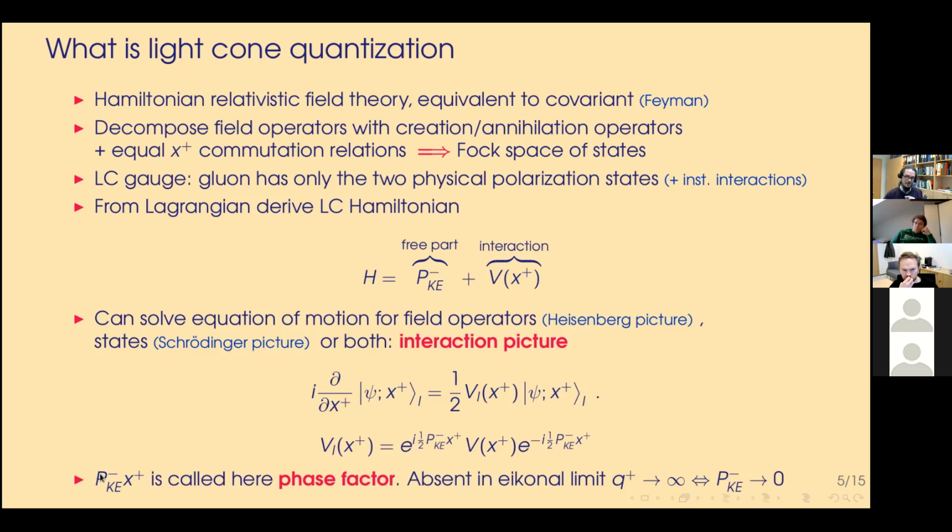i.e. light cone energy, goes to 0. So in the high energy limit, all your particles have 0 light cone energy, because P minus goes to 0, and this phase factor drops out. And then you have something which is completely coherent. Going away from the eikonal limit to finite scattering energy, finite square root S, brings in this phase factor,